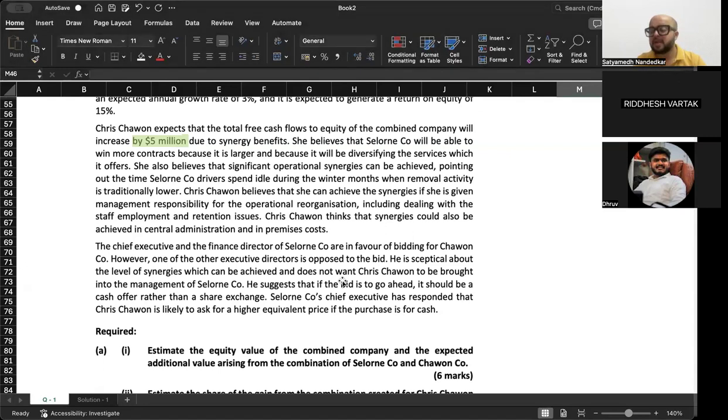But if that happens, then overall what can happen is, the other people in Selorne company who were used to a particular style of working might get offended, or they might not be comfortable with her approach to work, because she comes from a different company. So that can also serve as a roadblock in your achievement of synergies. Then